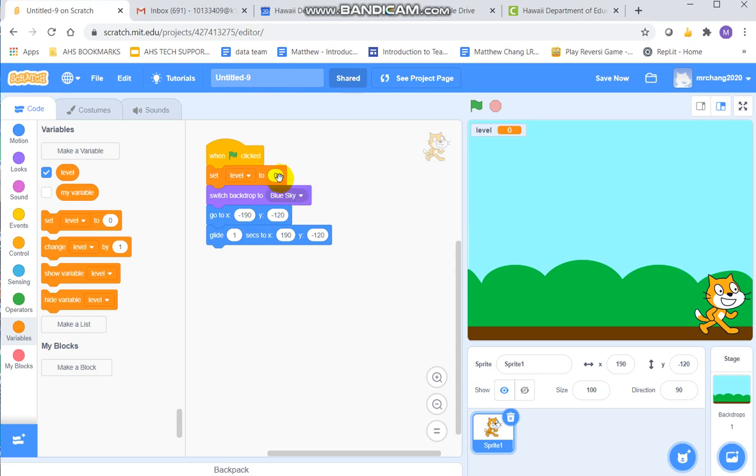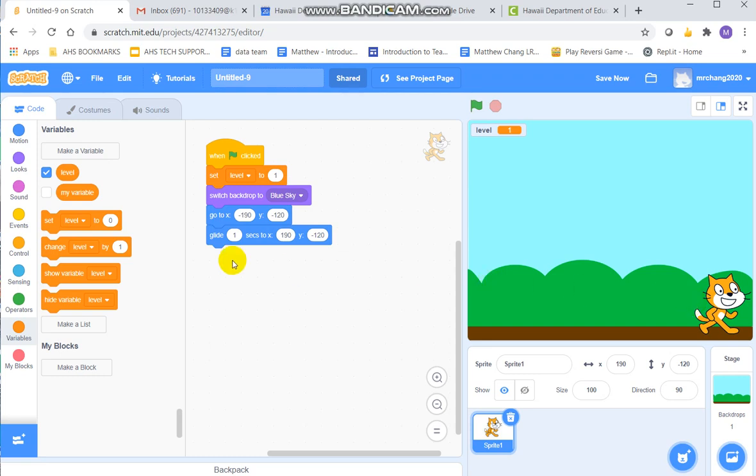But yeah, so we can set this to 1. And then if we press the green flag, level 1. If you think about a typical video game, maybe not all of them, but maybe you want to get from one end to the other end, right? And then when you get here, you might think, oh, we might want to go to the next level, right? So what we can do here is